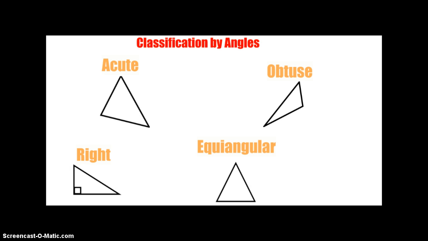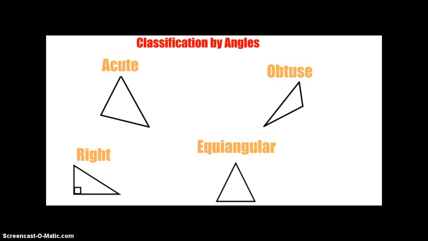So classification by angles, there's four types of triangles when we classify by angles. The first one is acute. Now we didn't talk about the triangle sum theorem yet. So when I actually talk about these triangles and the types of angles that are contained in those triangles, I'm not going to be specific with the angle measures. Okay, we're going to actually be talking about that a little bit later on when we prove the triangle sum